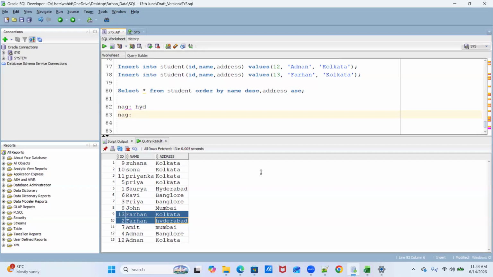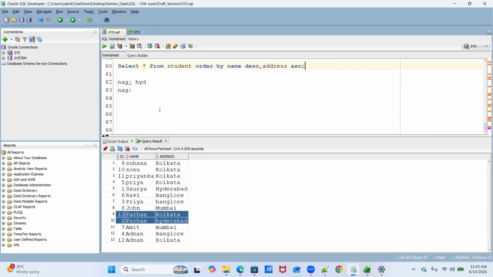If there are no duplicate records for the name column, then there is no use of this query. But I just wanted to show each and every scenario, so that's why I created this and tried to explain. Is it clear, Nagin? Yes, sir.